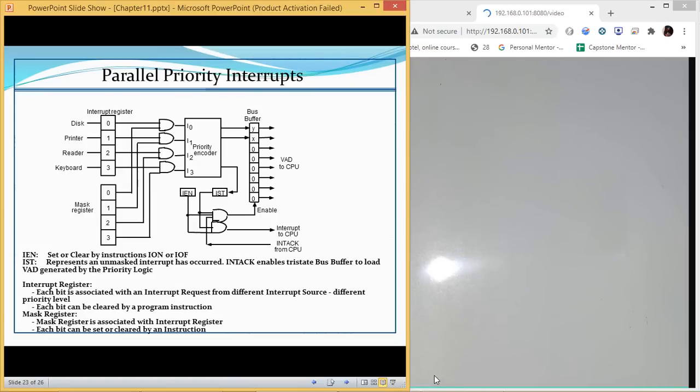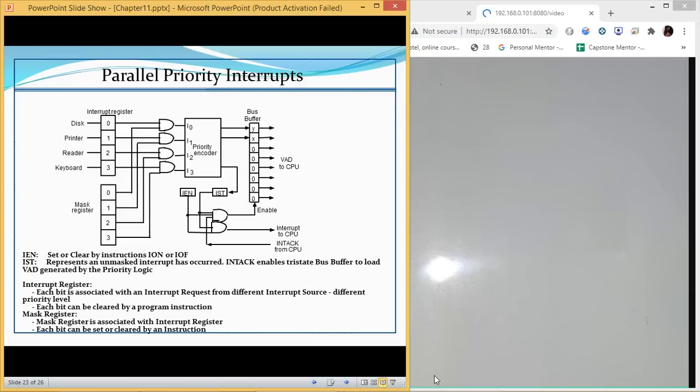So in this class we are going to learn about parallel priority interrupts and how they operate, what are the different things which we have in parallel priority interrupt and how the interrupts are generated, and why do we need parallel priority interrupt if we already have a daisy chain. Now in the case of parallel priority interrupt, we have an interrupt register as well as a mask register.